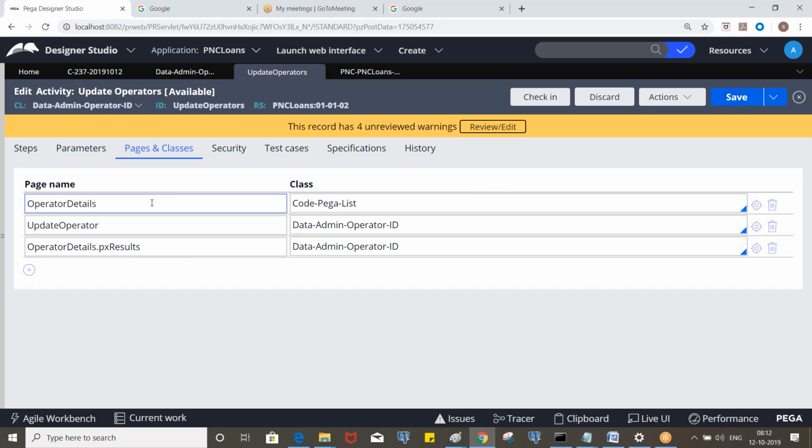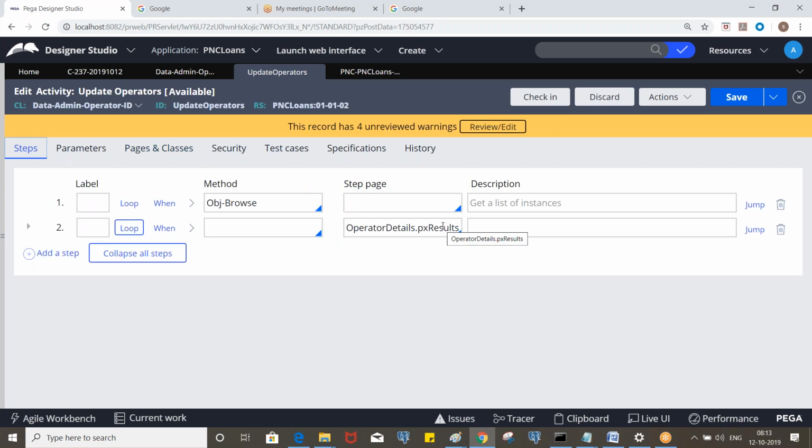For pyWorkPage, we don't define it; it is created automatically. If you want to pass some values by taking from that, you need to take it. In this case, operatorDetails.pxResults needs to be defined.